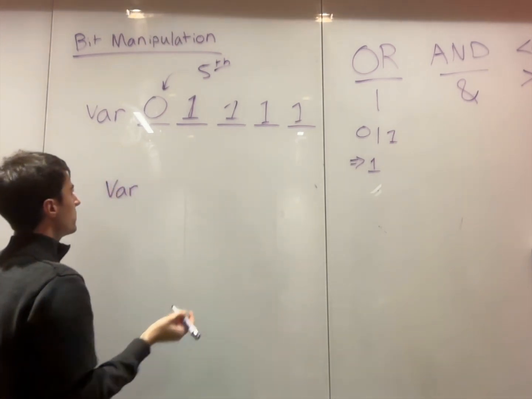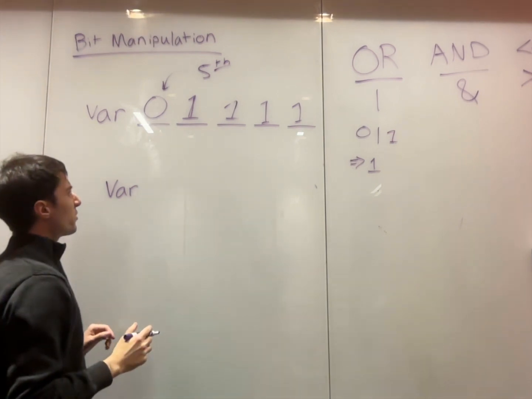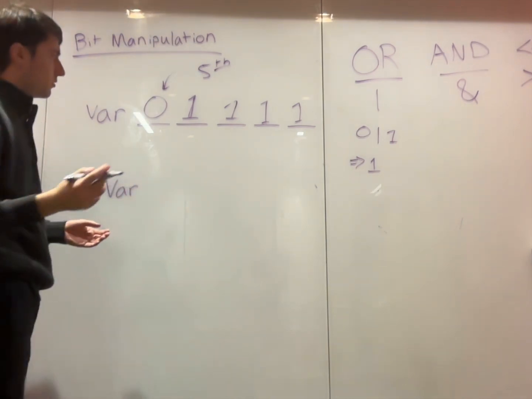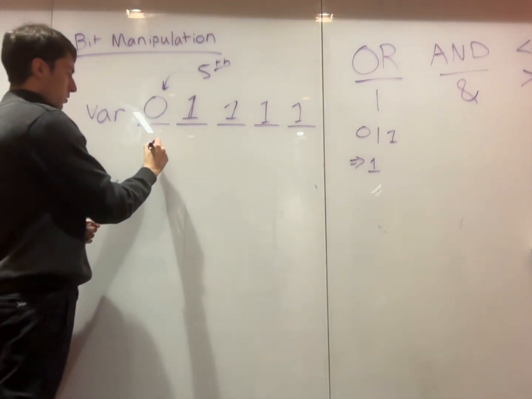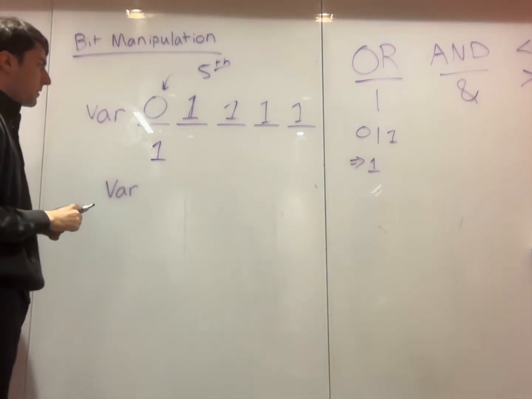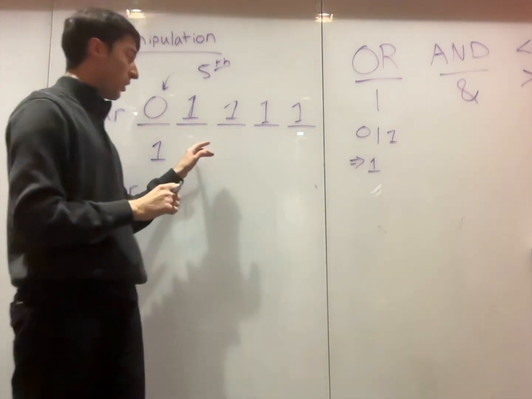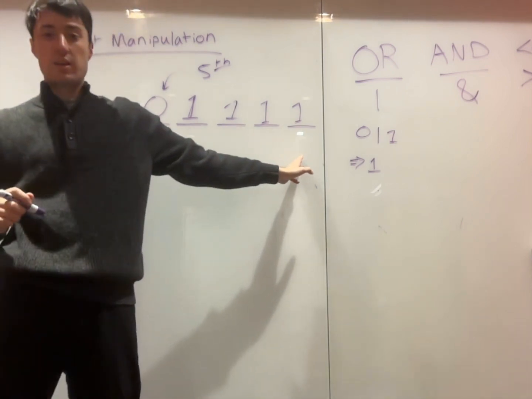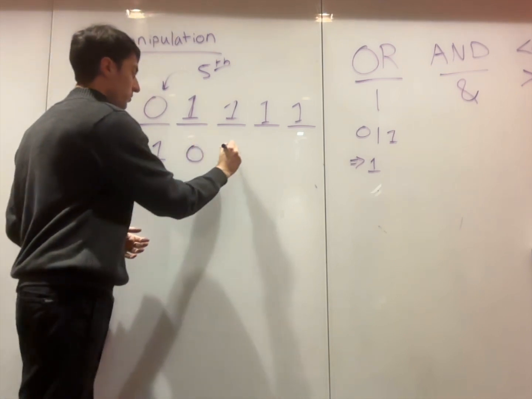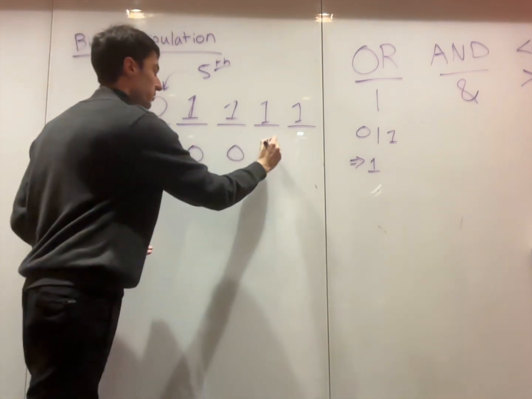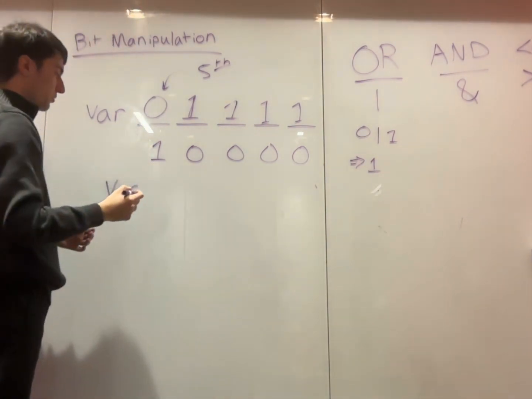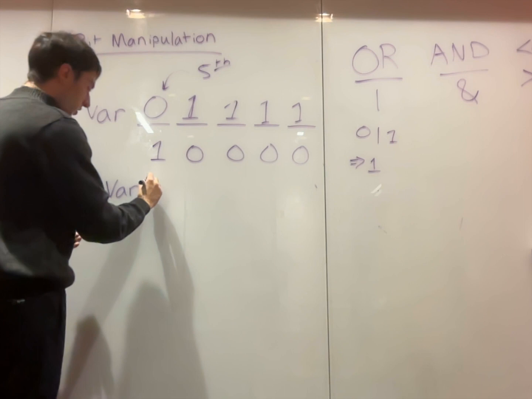var, okay, we have this, and what do you think we want to do? Well, I know we want this to be a 1, okay, and I want these to remain the exact same, okay? So I can just put a 0, a 0, a 0, and a 0. So now we just OR these two together. So we can do var OR,